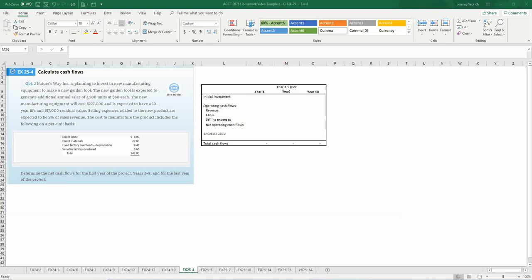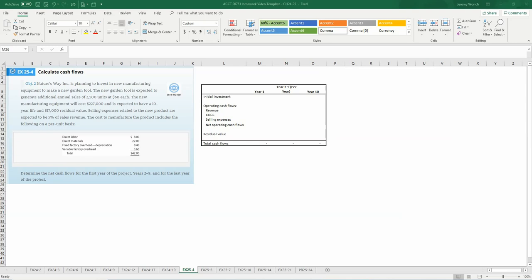Exercise 25-4 wants us to calculate cash flows. And so we have Nature's Way, and they're planning to invest in new manufacturing equipment to make a new garden tool. This garden tool is expected to generate additional sales of 250 units at $60 each. And the equipment will cost $227,000, have a 10-year life, and it'll be worth $17,000 at the end of that